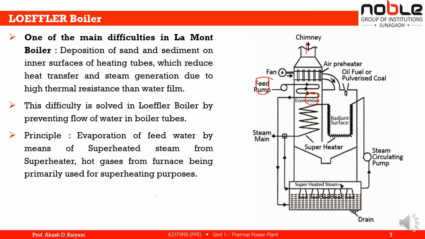Here the feed water is preheated by flue gases which are flowing over the economizer tube from the furnace towards the chimney. The evaporating drum is located outside the furnace. The preheated water from the economizer will enter into the evaporating drum. Here it will pass 65% of the superheated steam which is coming out from the convective superheater. The nozzle distributes the superheated steam throughout the water in the evaporating drum. Here water will evaporate into saturated steam.